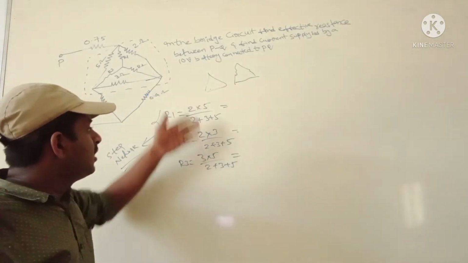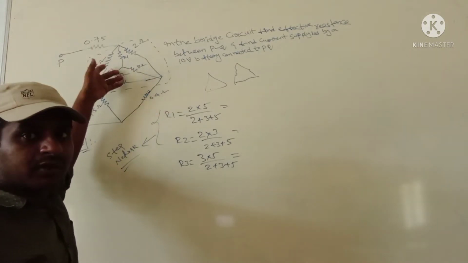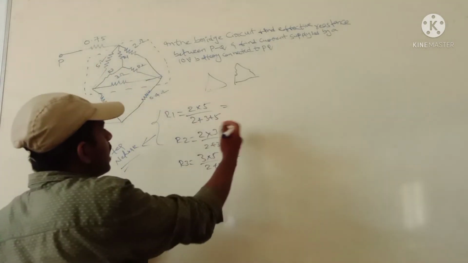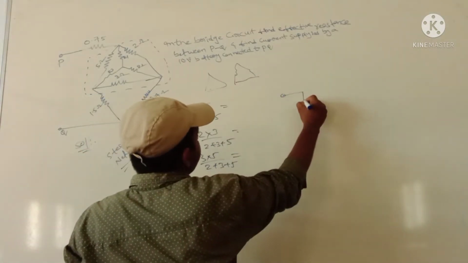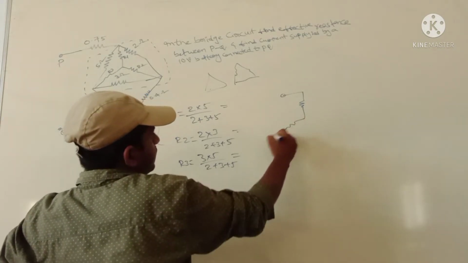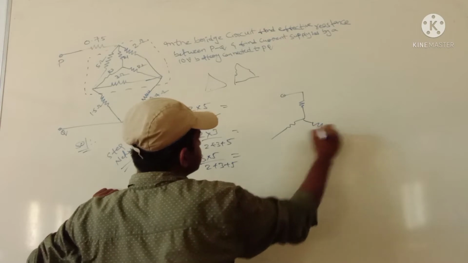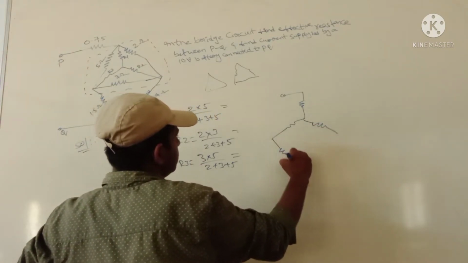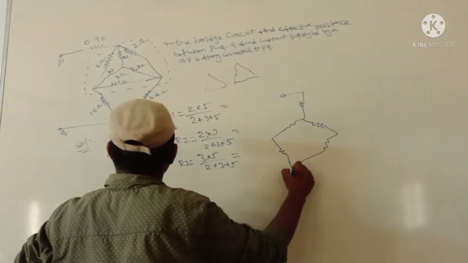If you want to find all those for the star connected network, then only you can easily find out this solution. So after the conversion of all those things, the final diagram can be represented like this. So this is the star connected network. Like this we are connected to the star connected network. So finally the representation will be coming like this.